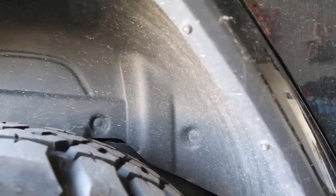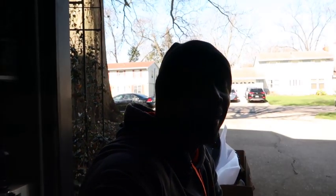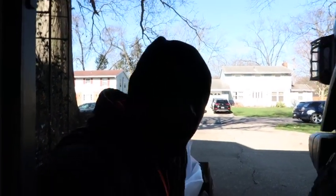Yeah, we're gonna go ahead and throw those on right there. Those right there are going to be going on here. And I have never done this before, so it should be fairly easy. I know it can't be too hard because, you know, your boy DV8 can figure anything out, and so can you. But we're gonna definitely get onto this. I know it looks good out here, but it's